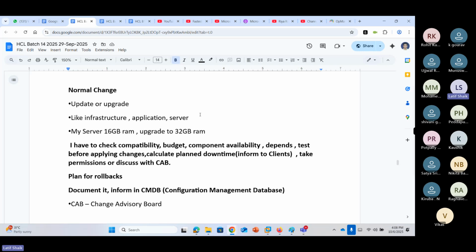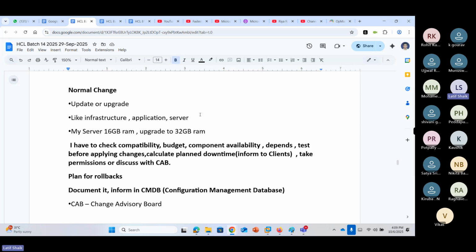And finally, we should discuss with the CAB, called the Change Advisory Board. This Change Advisory Board consists of other technical members, team leaders, business unit people, management people, and clients also. We have to present what the change purpose is, who is responsible for this change, and who is involved. What are the rollback options? What are the budget requirements?